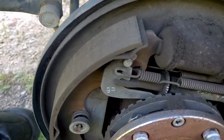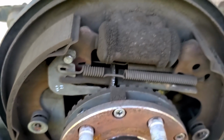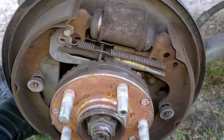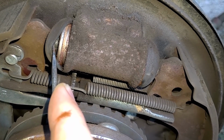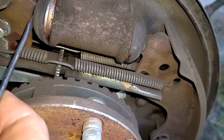So surprisingly, our shoes are still in fairly decent condition. We'll check the wheel cylinders to see if they have any leaks, see if that needs to be replaced. All right, checking the wheel cylinders really quickly. Definitely something that's going to need to be addressed. So basically all I do is pull this little boot back. Should be dry in there. A little bit of grease is fine. That side is perfectly normal. But this side,